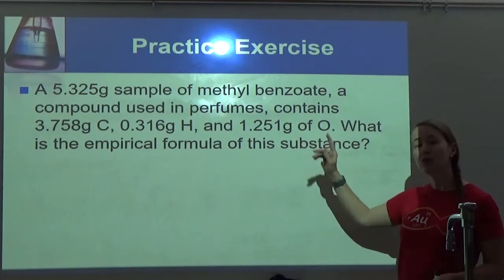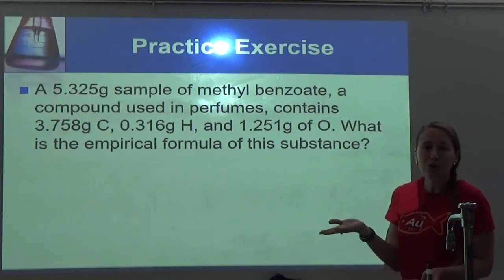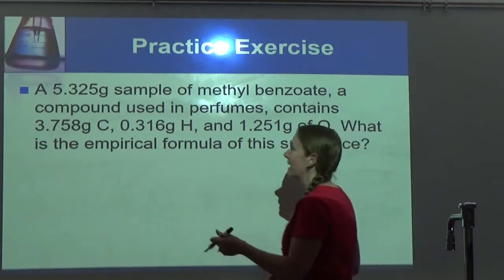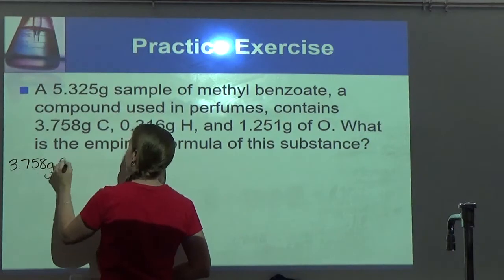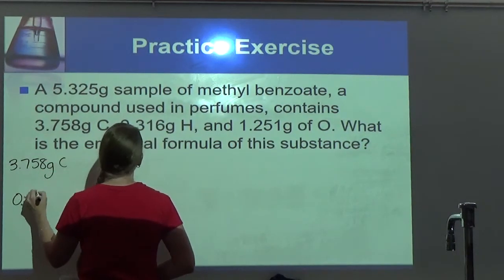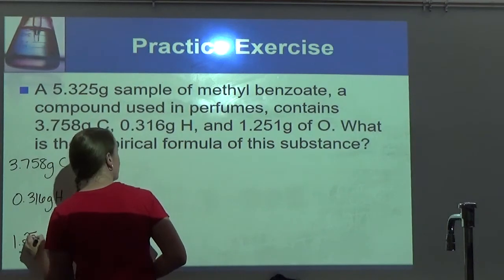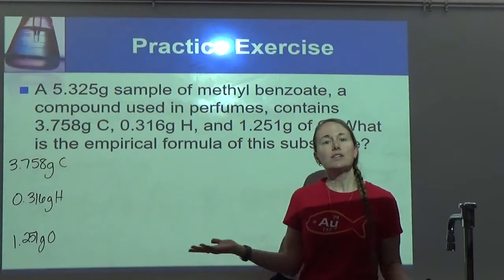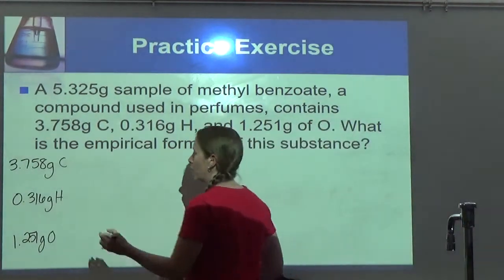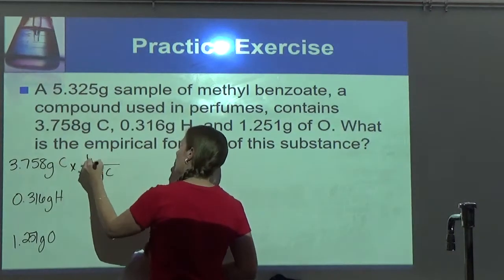Okay, so our first step is usually change percent to grams. However, they already gave me the grams, so I can just start with that. Okay, so I can start with 3.758 grams of carbon, 0.316 grams of hydrogen, and 1.251 grams of oxygen. So see, they went ahead and gave me the grams, so then I don't even have to waste time in step 1. I do still need to convert to moles, so of course 12 grams of carbon is 1 mole